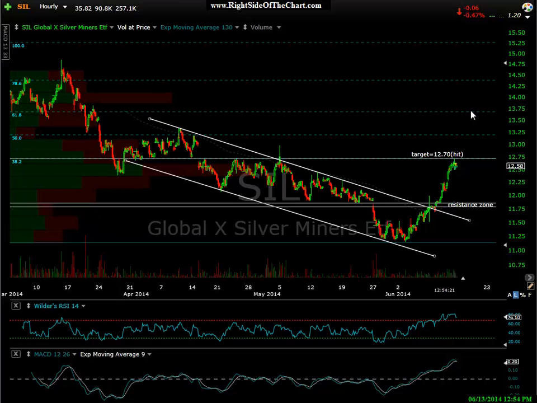Because if I see a disconnect, and gold and silver start turning down and these miners continue to catch a bid like this, a lot of traders, momentum traders, sometimes have tunnel vision. They're narrowly focused, and they're playing these miners right now because the trend, that's what's hot right now. That's the current momentum group, and I'll play those as long as the metals themselves are confirming the move in